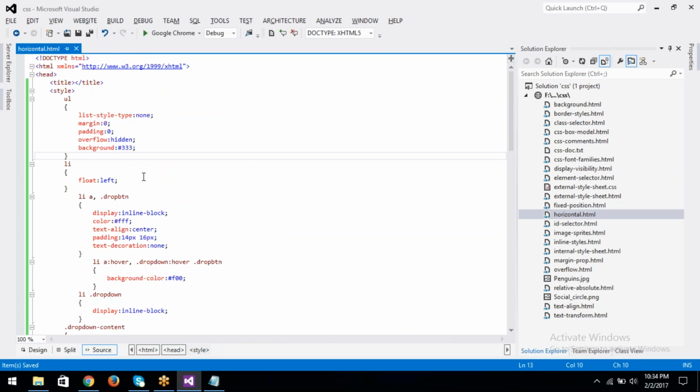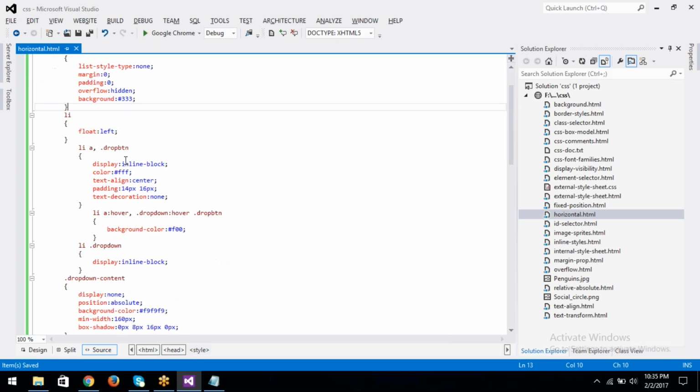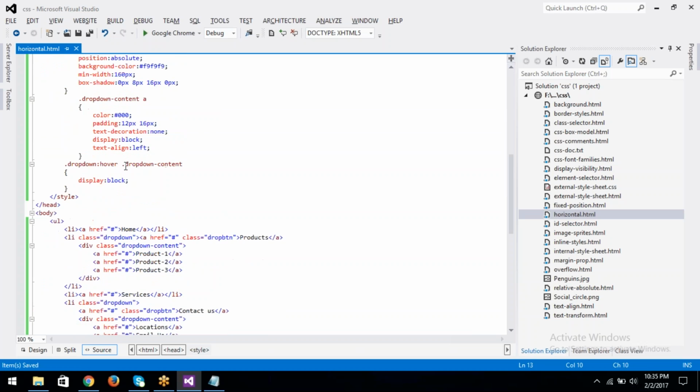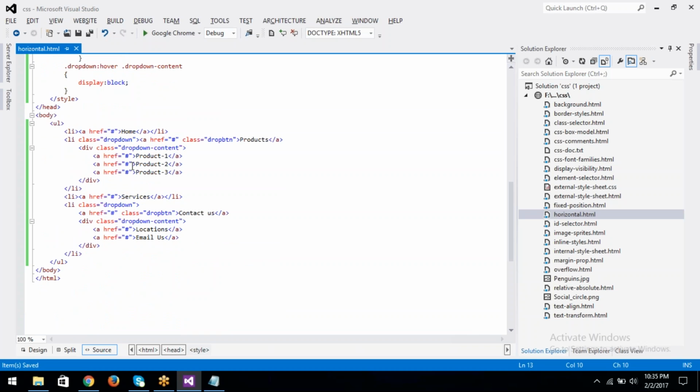A number of models are available online, so you can search online. Okay, so this is the horizontal navigation bar,